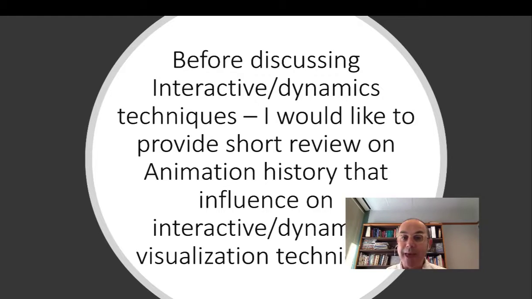They took the animation as part of the foundation of the interactive or dynamic techniques, and they apply that into visualization based on the history of animation. So that's why animation is so important for us to understand. And again, it's given us the ability to have the vision that we are using interactive components in our analysis